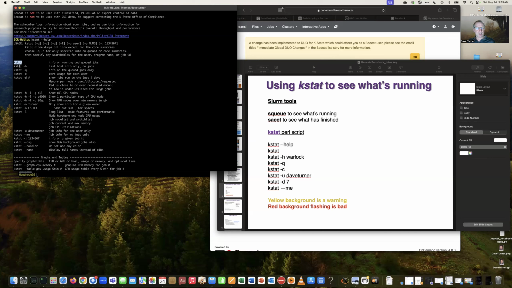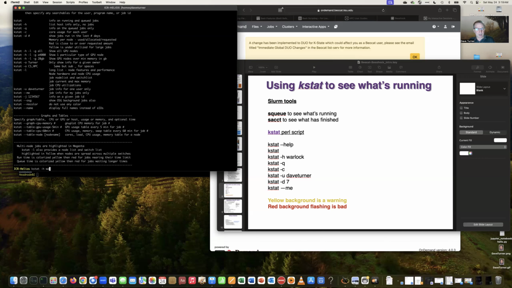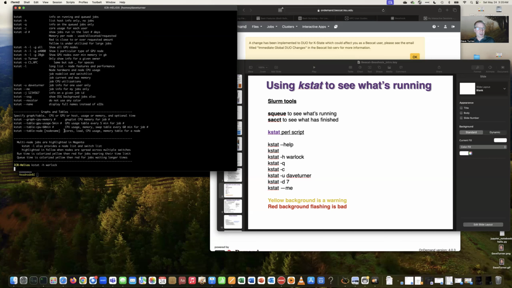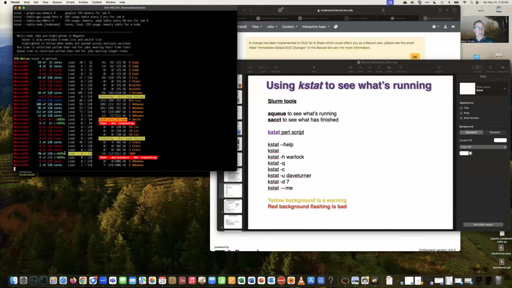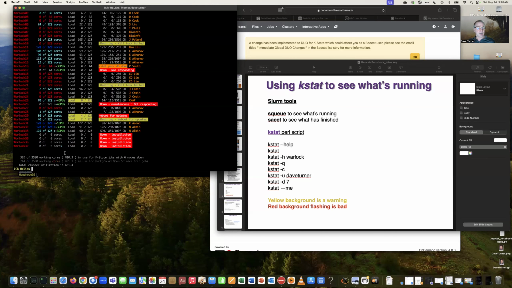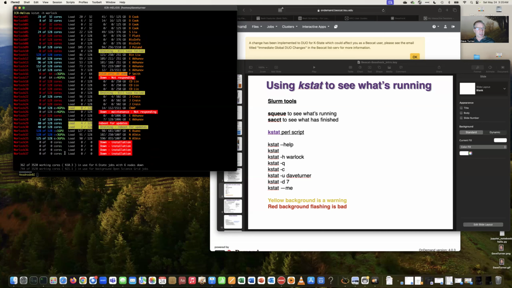If you just want some of that information, you can do a kstat -h that will just list the host information and not the jobs. And you can also sort and only pick out one type. So if I just wanted the AMD processors on Beocat, those are the warlocks, is what we have them named. So if I just want to look at the host information on the warlocks, I would use -h. And this tells us that we have 37